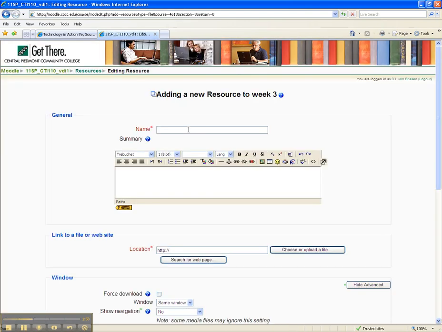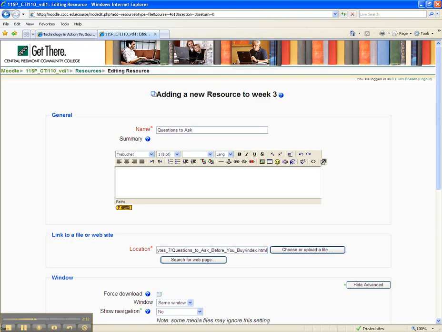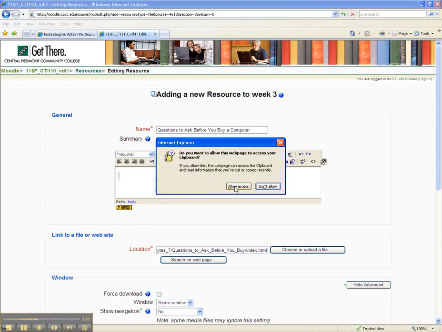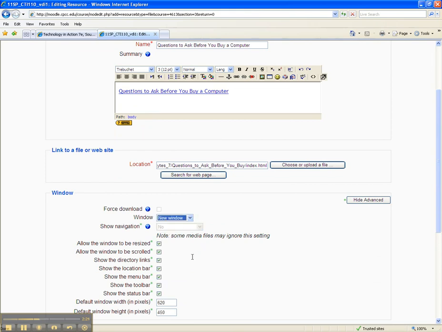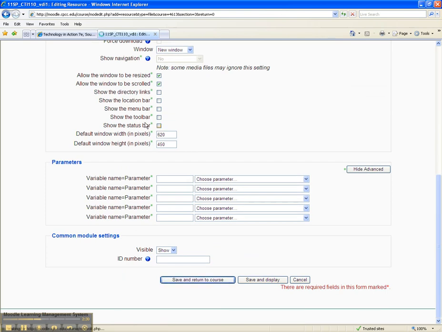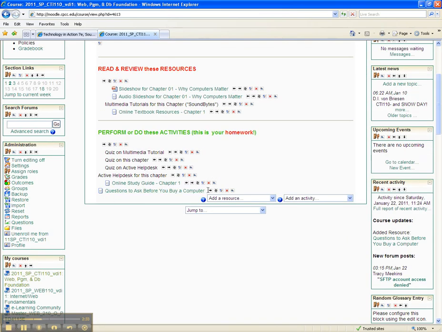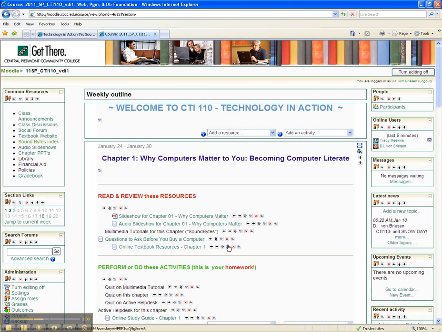I'll go here and add a link to a file or website, and questions to ask. In fact, it's easier to paste the URL first. That's an address, and then go and just copy the text like so, and we've got it there. Notice when I paste it in the summary it becomes a hyperlink, and I'm okay with that. Again, I'll choose new window, uncheck these options as I've done before, go ahead and save and return, and now that shows up here, and I'll move that up to the placeholder I had for the multimedia tutorials. I'll indent that,